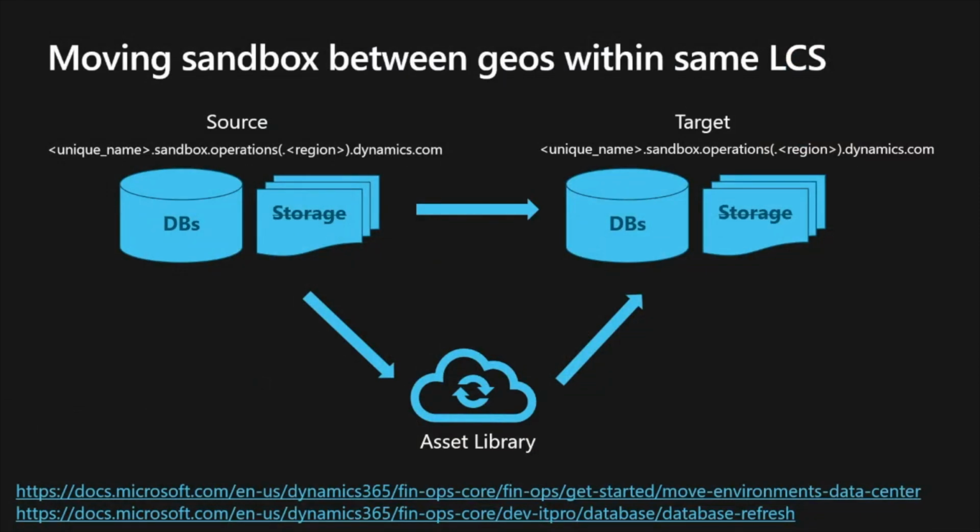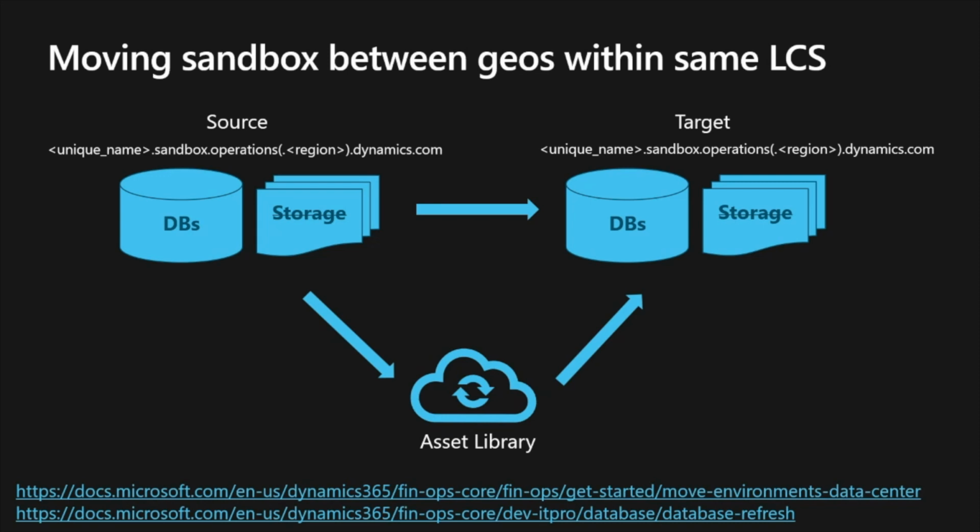The first example is the simplest one, where you have a sandbox deployed in your implementation project and you deployed it in the wrong geo or the wrong region, and you find that you need to move it. For example, you deployed in a region of West Europe, but you should have deployed in any of the regions in the Australia geo. Or you deployed in a region of United States geo, but you need to deploy in a geo closer to Europe. This obviously assumes that you're in an LCS endpoint that lets you actually pick these Azure regions while deploying the